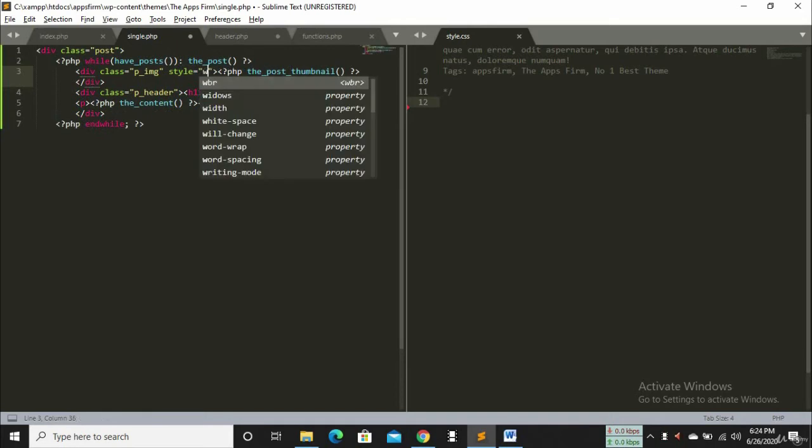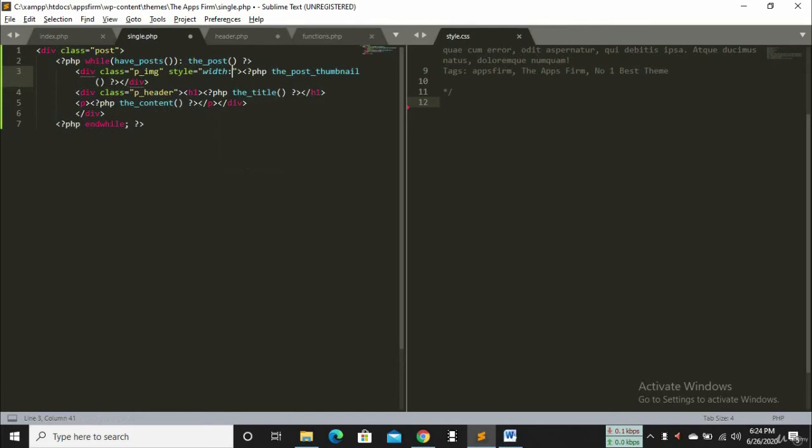I want to make the width of the picture 400 pixels and the height 300 pixels. Okay,